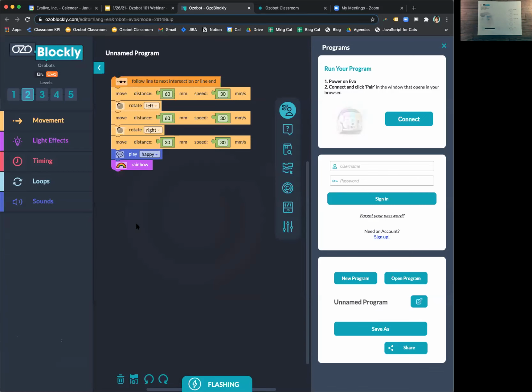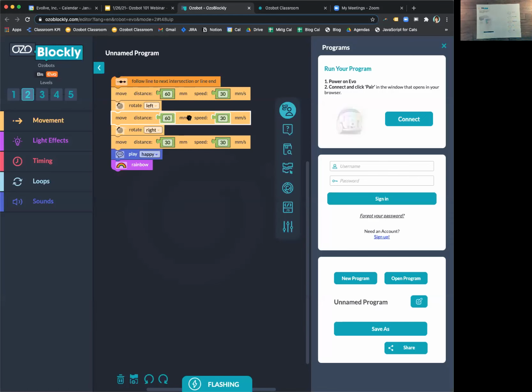Our goal right now is to use Ozobot to code Evo from the start to engineering. And my program's actually already set up to go to engineering, so I'm going to change it up and go to art. So if you guys can see this paper, okay, I'll hold it up. This is broken down into a grid, and these are millimeters on the page. So you can see to get to art, I'm going to go 30 millimeters up the page.